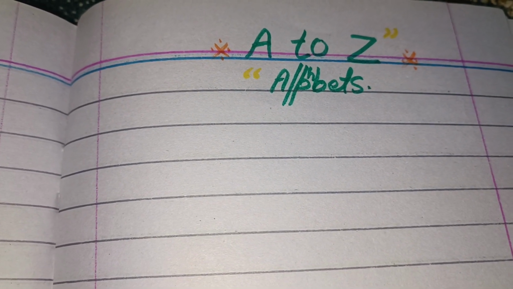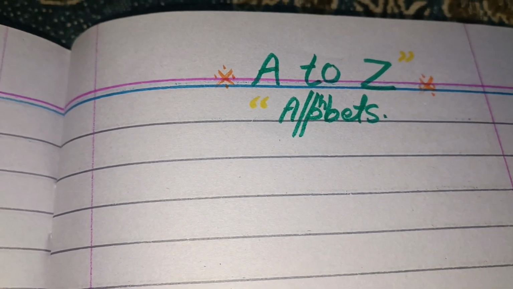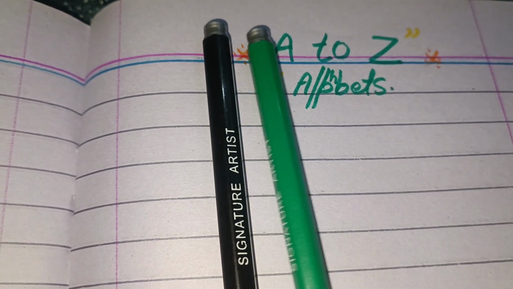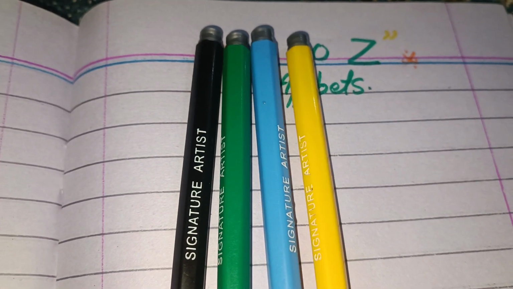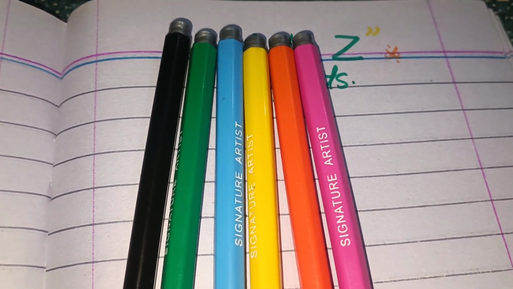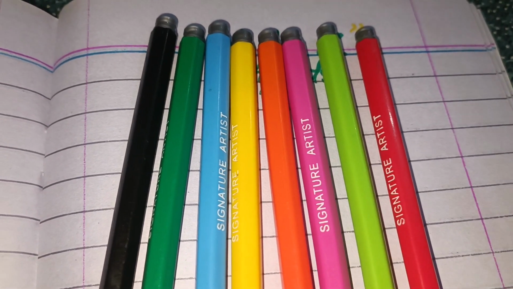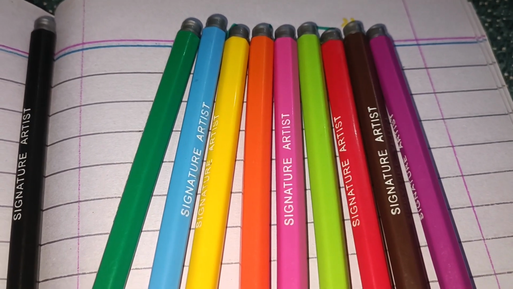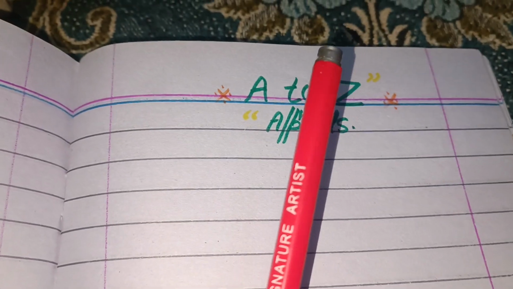बच्चों आज का हमारा टॉपिक है A to Z अल्फ़ाबेट। मैं आज आप लोगों को A to Z पढ़ना लिखना कुछ कलर्स नेम बताऊंगी। ये देखिए, ये है मेरे पास ब्लैक कलर, this is a sea green color, this is a blue color, this is a yellow color, this is an orange color, this is a pink color, this is a parrot green color, this is a red color, and this is a brown color, this is a purple color। ये देखिए, ये है मेरे पास रेड कलर। इससे अब हम लिखना स्टार्ट करते हैं।